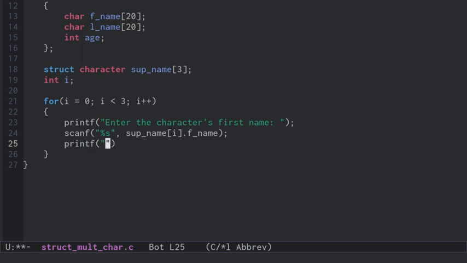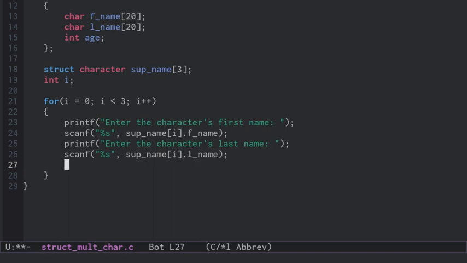and then we're going to printf, enter the character's last name. Okay, we're going to scanf, another character array, super_name at the i position, but we'll do dot l_name, and then we're going to printf, enter the character's